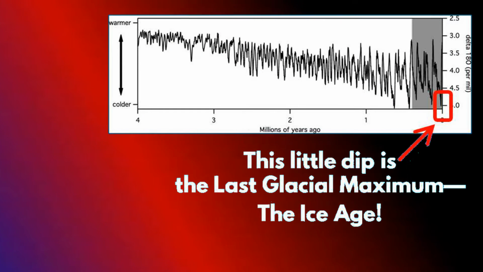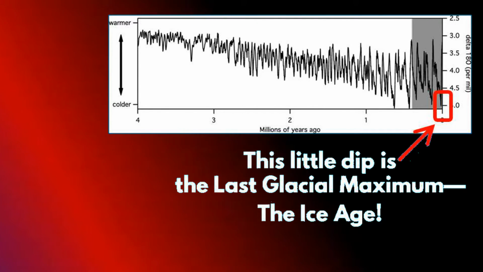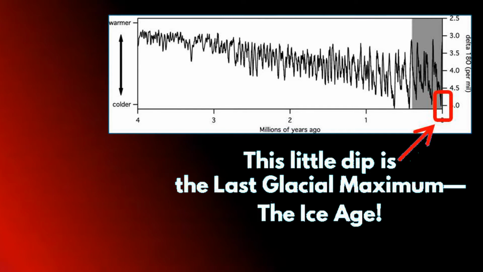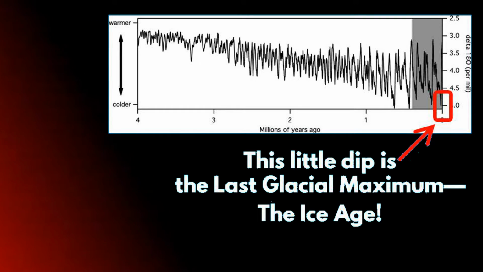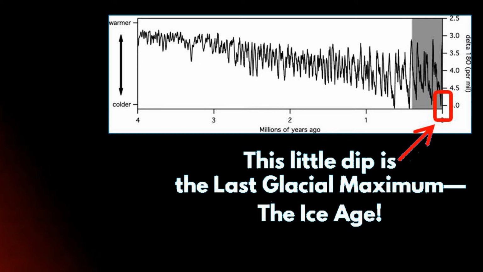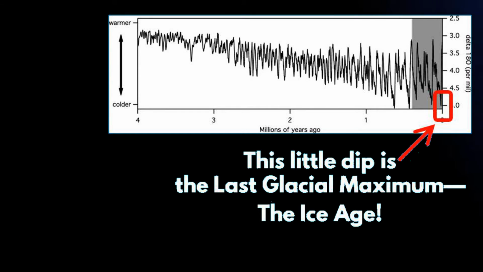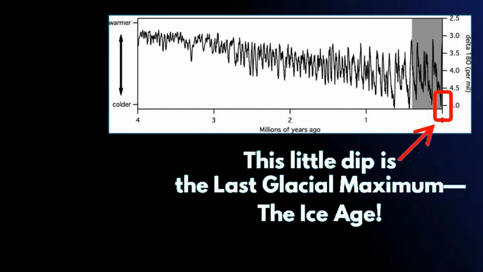In contrast, if we take these same kind of records and extend them back, let's say, 4 million years, you start getting a sense of how crazy and complicated the paleoclimate system is. That last little dip that I have highlighted in red there, that whole thing is the so-called last glacial maximum. When you hear the term ice age, that little dip, that's it. That little dip there is about 100,000 years of ice sheets covering most of North America, Europe, Northern Asia, and so on. It started about 100,000 years ago, and it reached the last glacial maximum, which was about 25,000 years ago.